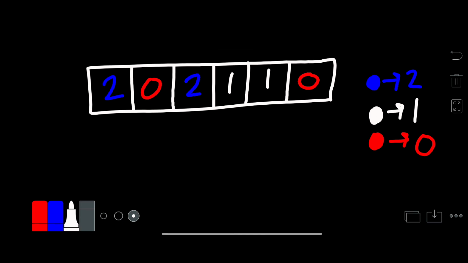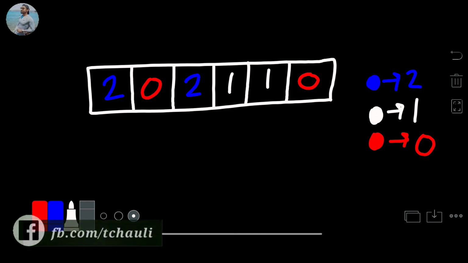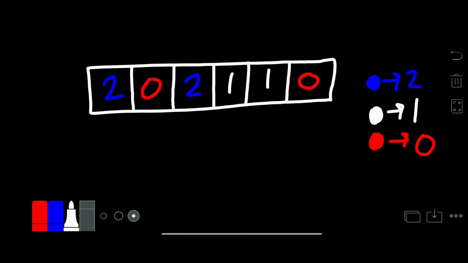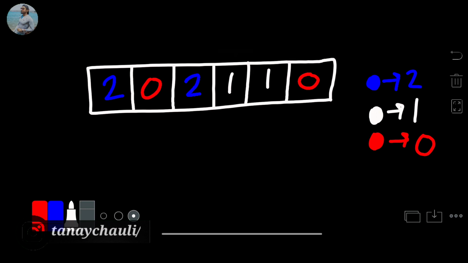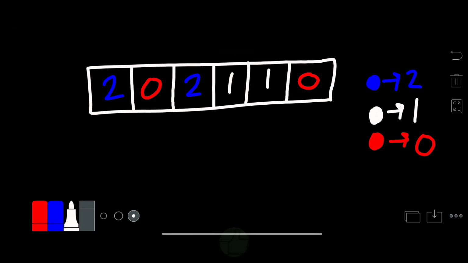So basically you have to sort the colors in this order. First you have to place all red color, then white color, and then blue color. In this problem statement, 2 represents the blue color, 1 represents the white color and 0 represents the red color.